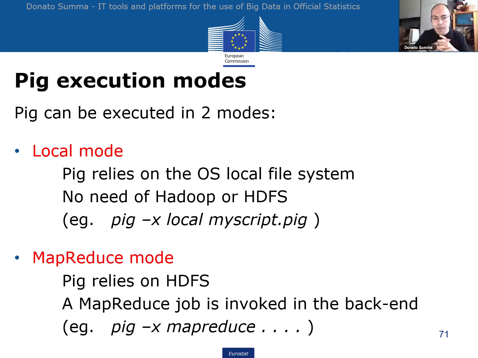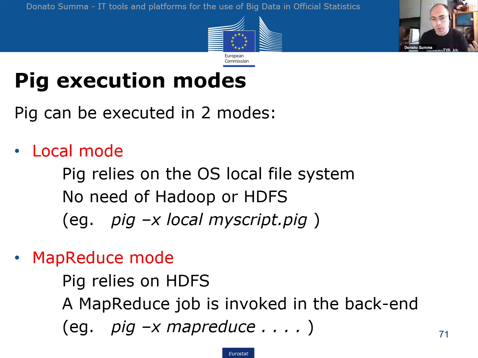Now, Pig can be executed in two modes. In the local mode or in a MapReduce mode. When you execute Pig in local mode, Pig relies on the local file system of your machine. So in this case, there's no need of Hadoop or HDFS. This means that you can use Pig also without Hadoop. But